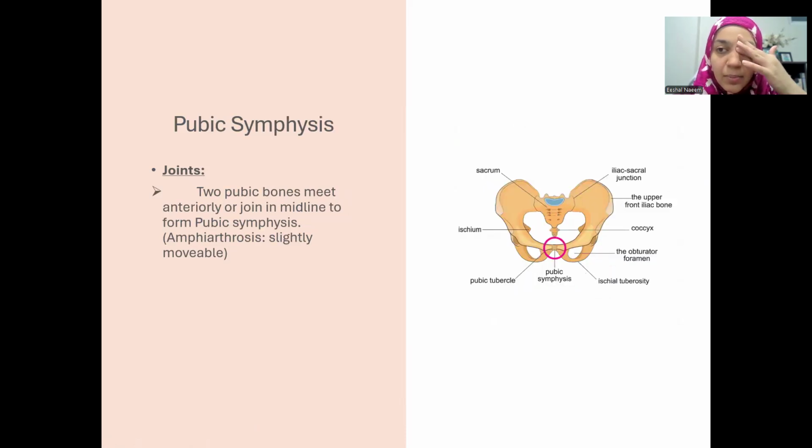here due to the hip joint complex being here. Moving on, we have a joint called the pubic symphysis. Now, the pubic symphysis is formed by the two pubic bones coming together, and their symphysial surfaces join one another to form the pubic symphysis joint. So, this is our hip bone, and this is the symphysial surface. This is the pubis. This is the anterior surface. This is the symphysial surface. And this area is the pelvic cavity. So this is the pelvic surface. So anterior surface, symphysial surface, and pelvic surface. That's your pubic symphysis joint.